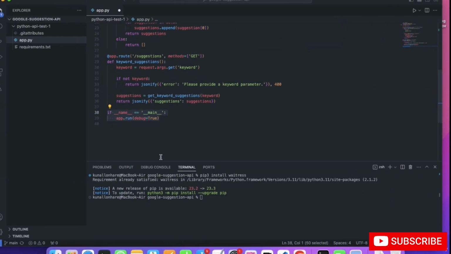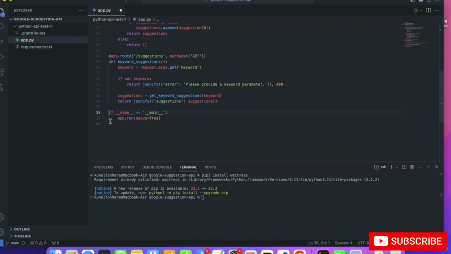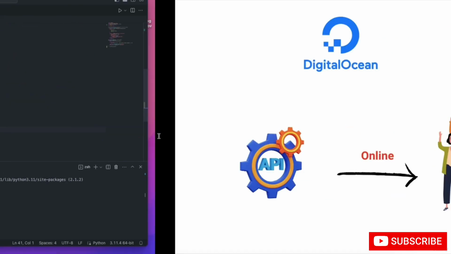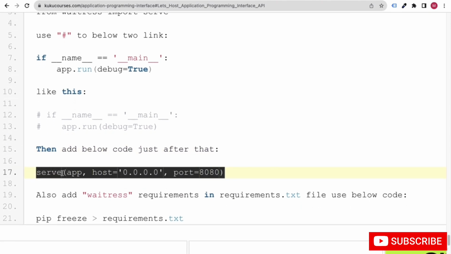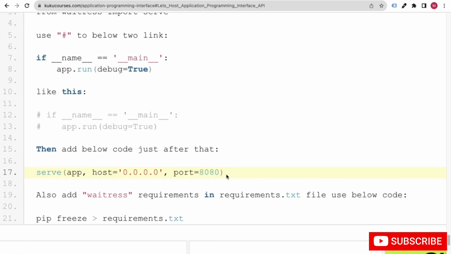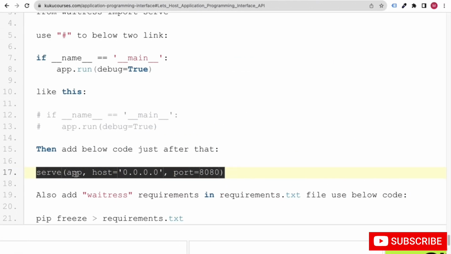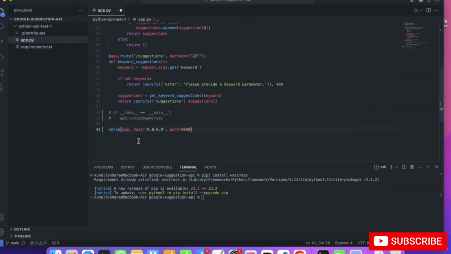Okay, so let's edit. I will go to the front and put the hash. So you can see we have stopped this code from working like this. Okay, super, right? And after that, my friends, we just need to put this code here, like serve. Just copy that. Make sure that you do not copy any space or anything like that, and paste it over here. That's it. Great. So we have basically done a lot of things.